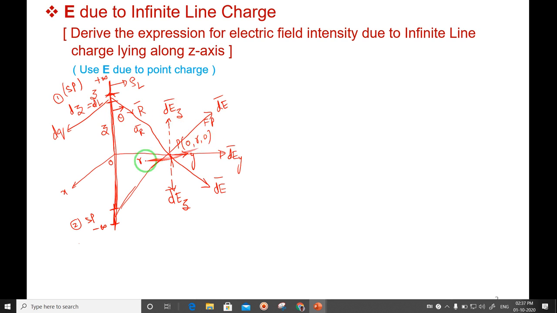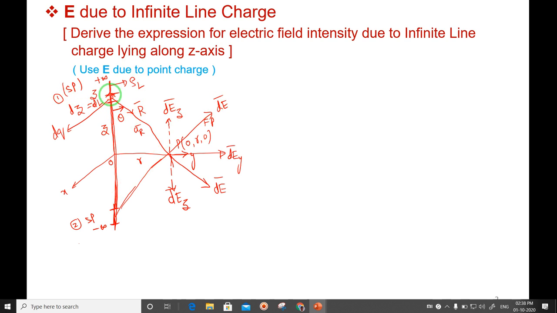But you can observe here, due to symmetry, from the origin, if I look along the y-axis, there is a symmetry. That means differential length 1 and differential length 2 are situated at the same distance, z along the positive axis and minus z along the negative axis. And due to these two differential elements, the z component of the field vanishes. This we will make use of in the derivation, right?